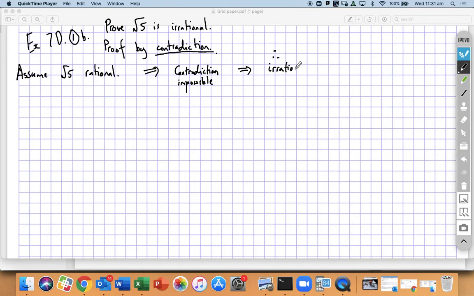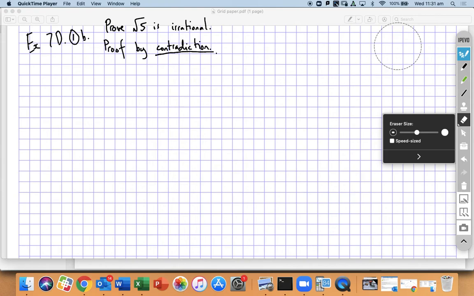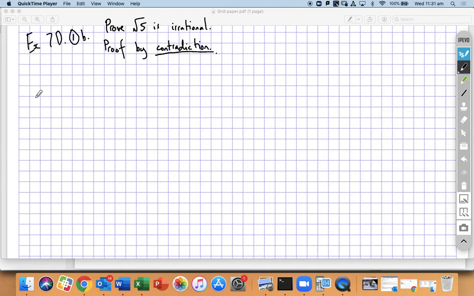So that's the basic chain of logic that we're following. And you can read more about that in your book. And they have a worked example on page 216. All right. So this is proof by contradiction. And I'm going to make a little bit of room on the screen because I might need it. All right. So if we assume that it's rational, then